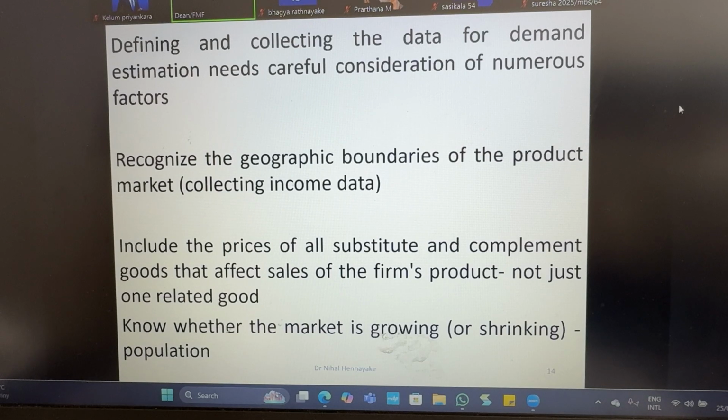Okay. And also you should know whether the market is growing or shrinking, maybe the population. Actually, what is happening to the Sri Lanka population? Is it growing or shrinking? According to the year 2023 information, what do you guess? According to my understanding, maybe another 3-4 years time, or at least 4-5 years time,